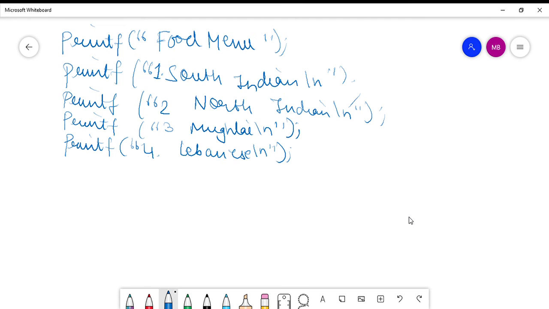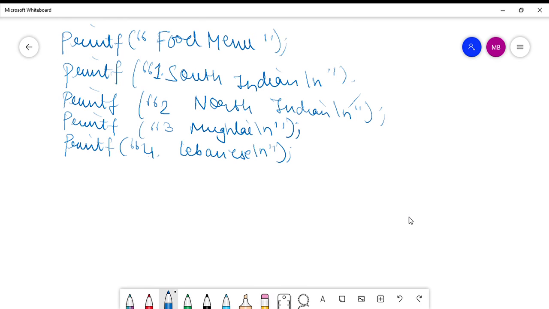Now whenever there is a menu based option, whatever it is, whether it is an airline reservation system or a railway reservation system, or for displaying the marks of a student wherein you have to calculate the division of the student based on the percentage, or it is a food menu, wherever you have menu based options, that is, a lot of alternatives, in that case the switch statement is used. It is an inbuilt menu driven or multiple alternative statement. So now let's see. These are the options that the restaurant gives you.